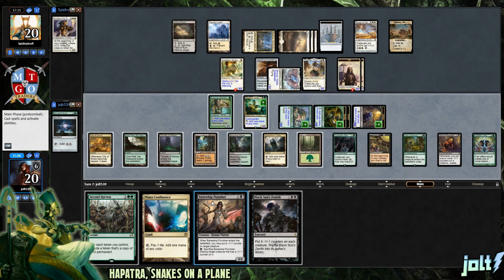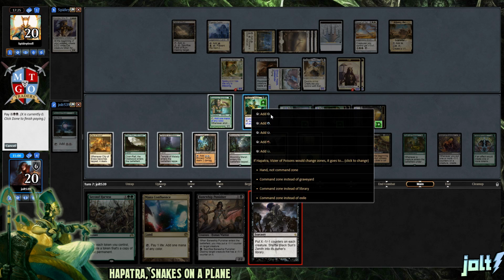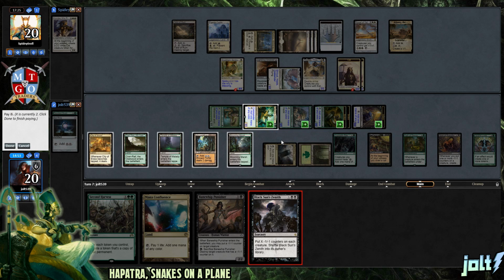Let's go for Black Sun Zenith. That's going to be, let's add this mana with Hapatra. That's going to be double black. Unfortunately, we're going to miss out on the life gain, I think, from this, but we're actually okay with that. That's going to be 1, 2. And actually, if we want to, we can Black Sun Zenith for...